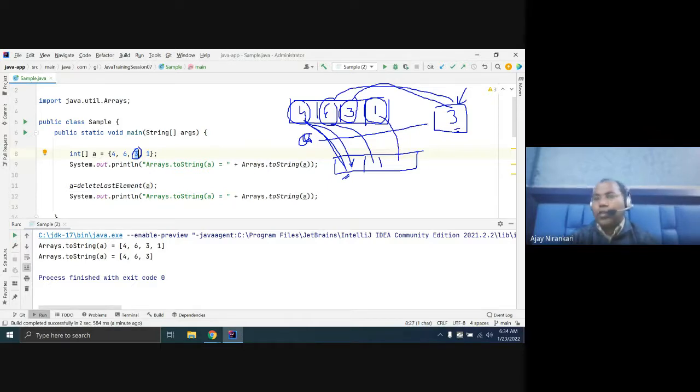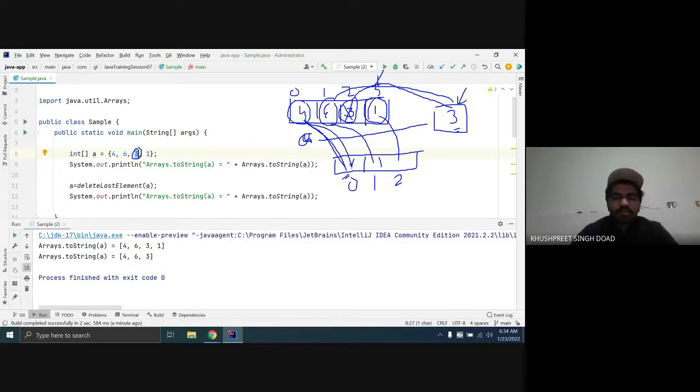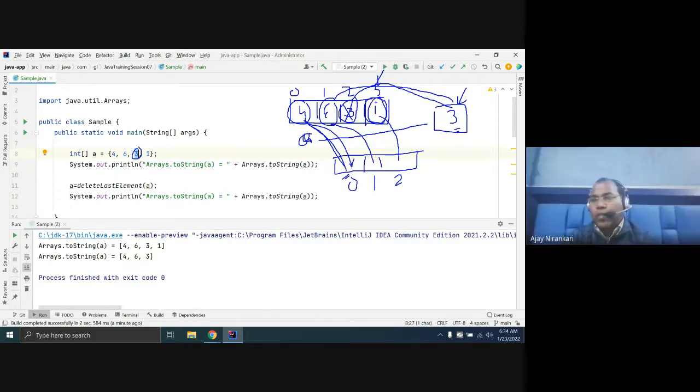So here the logic is that this is the 0 position data, this is the 1, this is the 2, this is the 3. Here you copy 0 position data in the 0 place, 1 position data in 1 place. But here this is the 2 place data, you have to copy not to the 2 place. You have to copy the 3. If we write system dot out print I plus 1, here you are getting 3, but we do not have any 3 position data.